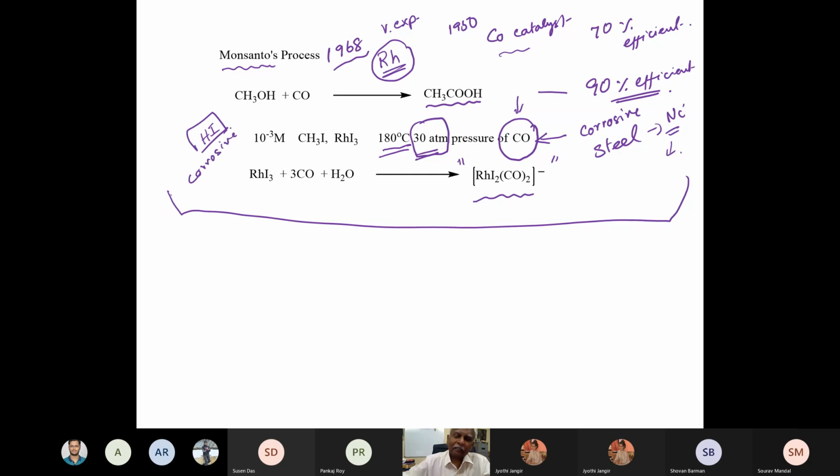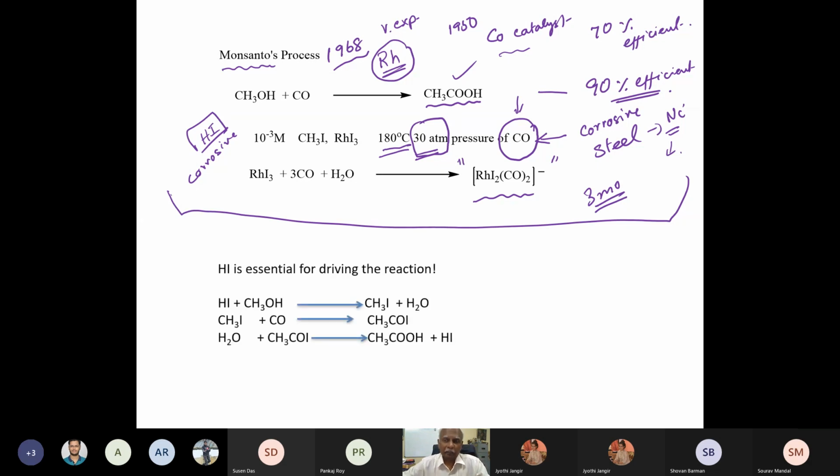In fact, it is mentioned that HI is so corrosive that even with the best materials that you use, HI can corrode high pressure pumps. These require high pressure pumps, and these pumps had to be replaced every 3 months. And these are not small pumps that you might use in your households. These are huge industrial pumps. So in spite of all this expense, generation of acetic acid through this route was extremely efficient, and so it turned out to be a valuable addition to the industry.